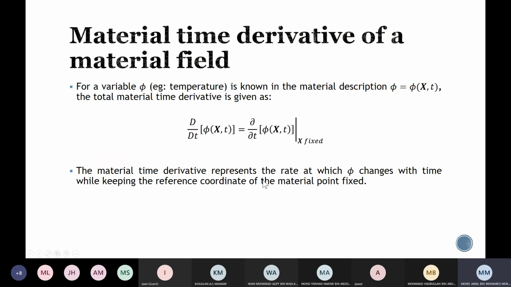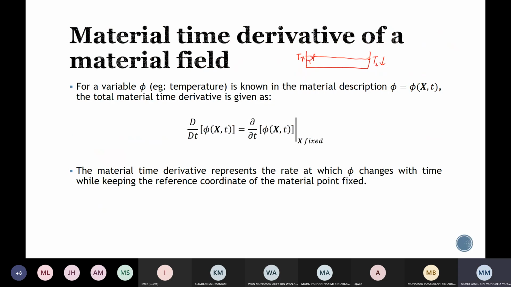Okay, so lastly is about the material time derivative of a material field. So this is another thing that is important actually. So the reason why we need to find this is, let's say assume that you have a swimming pool here. So we use the swimming pool concept. So let's say here the temperature of the water is high, and the temperature at the other end is low. Okay, so if you swim